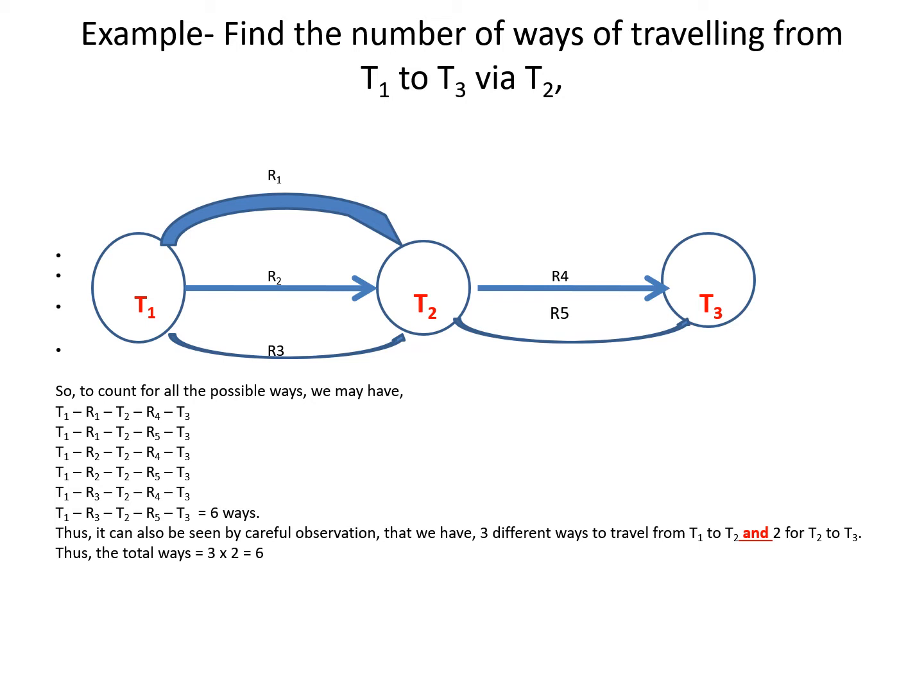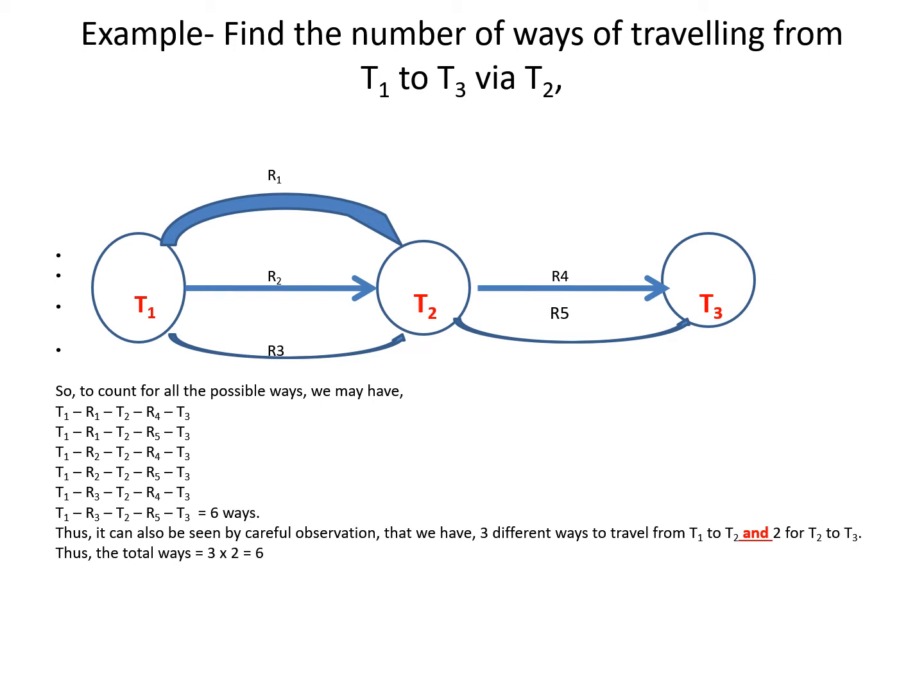Let us take an example for better understanding. Suppose we want to find the number of ways of traveling from T1 to T3 via T2. So when we are counting the number of ways, we can travel from T1 to T2 via routes R1, R2 or R3. Then from T2 to T3 via route R4 or R5. But the thing is,